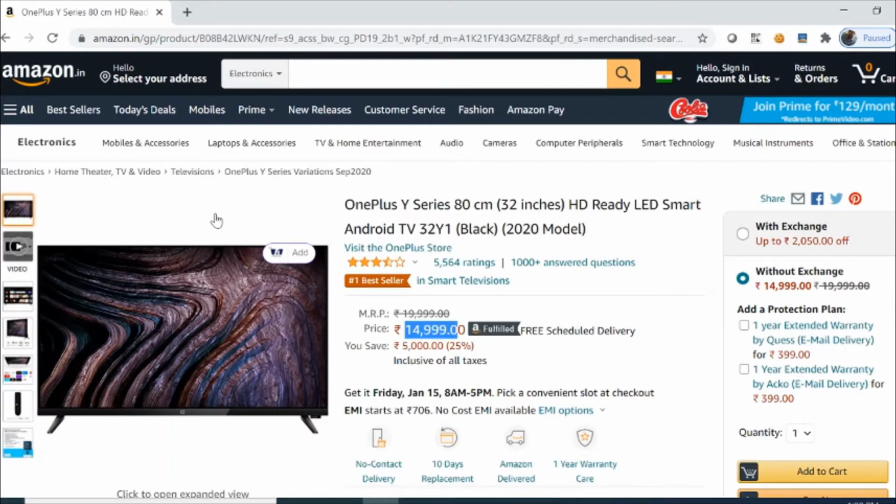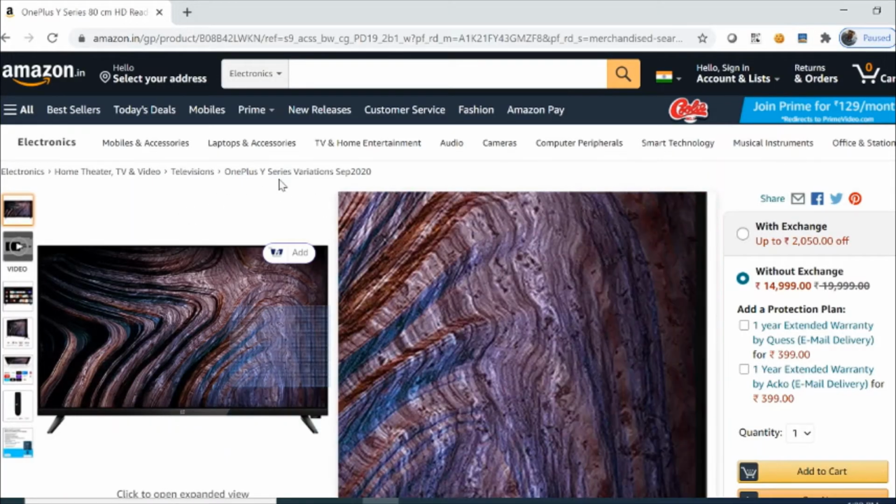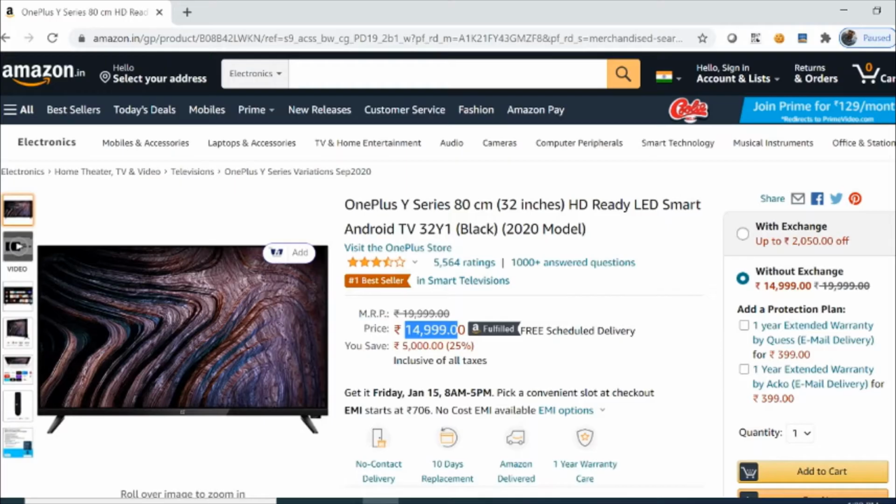So I hope now you understand why we need Hybris, what is the use of Hybris, what is the benefit of the Hybris. So Hybris provides us a runtime environment where at runtime we can change even the product description, product price, or product image, or many other things which we can do with the Hybris.